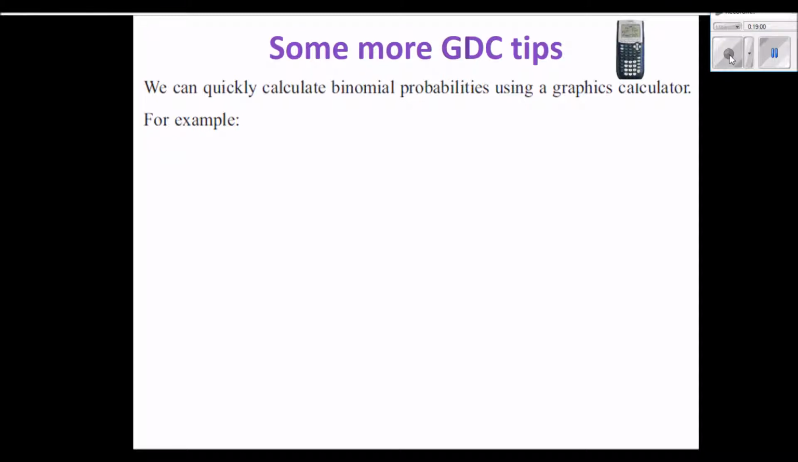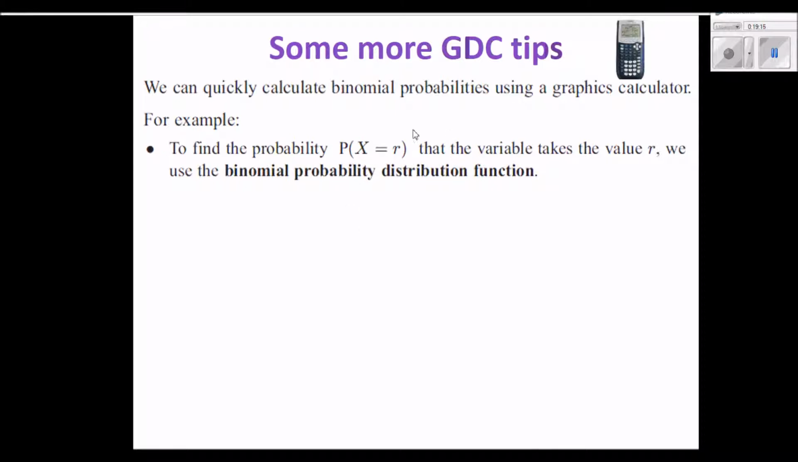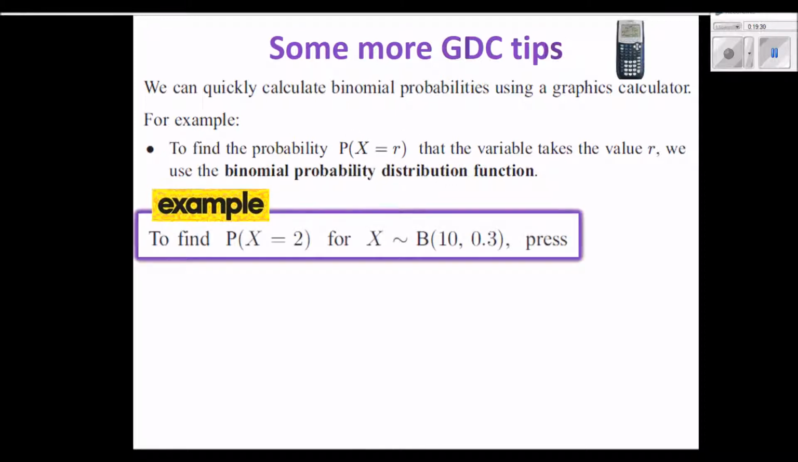So here are some GDC tips. So you can use your graphing calculator to do something different. So we can quickly calculate binomial probabilities using a graphing calculator. For example, to find the probability x equals r, as opposed to something like x is greater than or less than, we can use something called the binomial probability distribution function, which is Binomial Pdf. So how do we do this? Example. So to find probability x equals 2, as opposed to x is greater than 2 or less than 2, that kind of thing, for x is binomially distributed with number of experiments equals 10, probability of success equals 0.3,